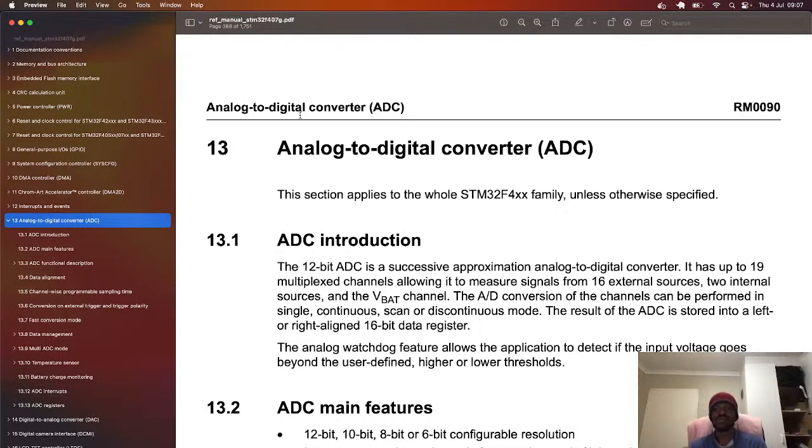It has up to 19 multiplexed channels, allowing it to measure signals from 16 external sources and 2 internal sources, plus the VBAT channel. So that's 16 plus 2, 18, and then plus VBAT, 19 multiplexed inputs. Today we're going to use one of these internal inputs,